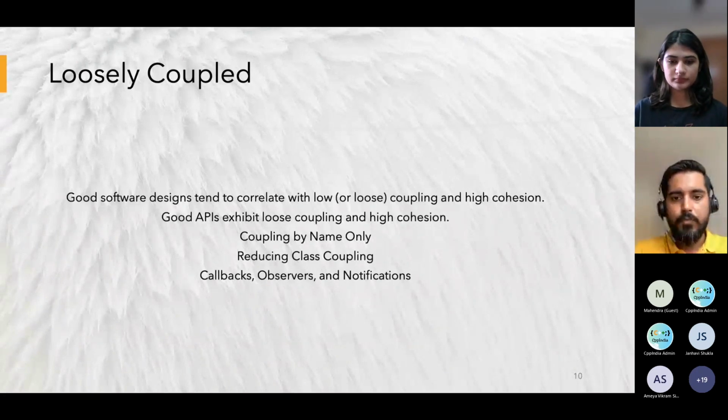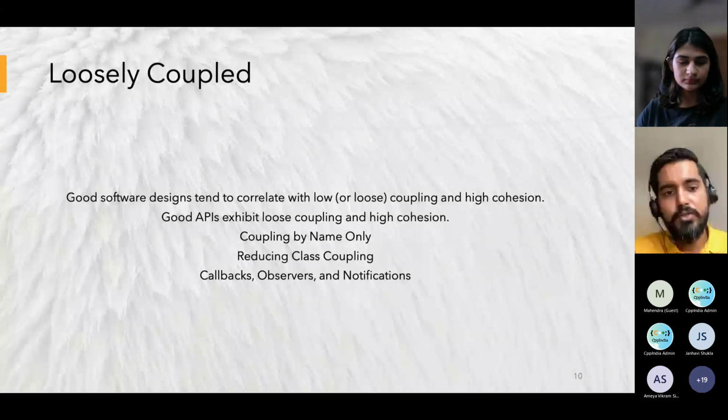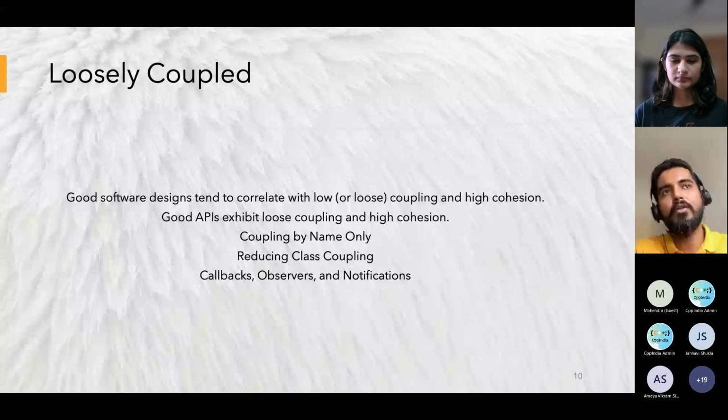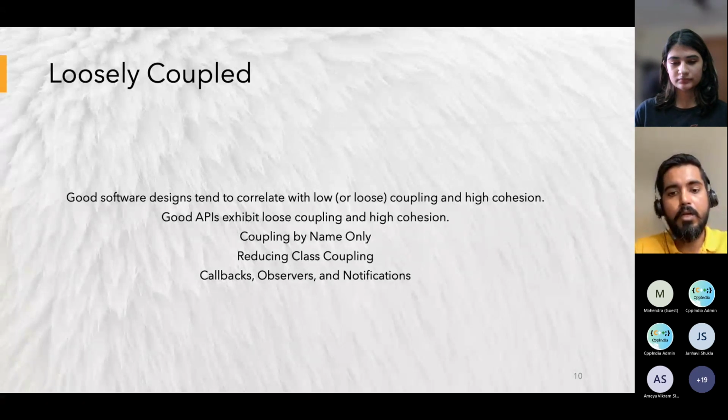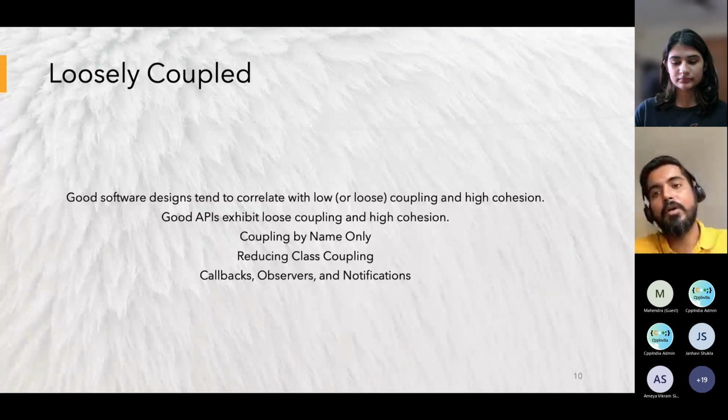So, to achieve this, a very good way to do that is to think of callbacks and notifications. You can write a function or API and register that API in some other module.